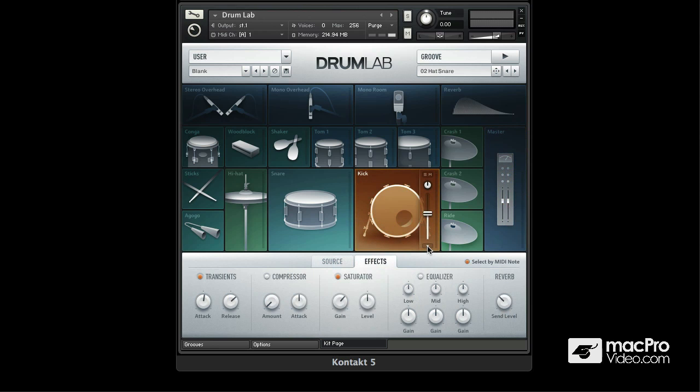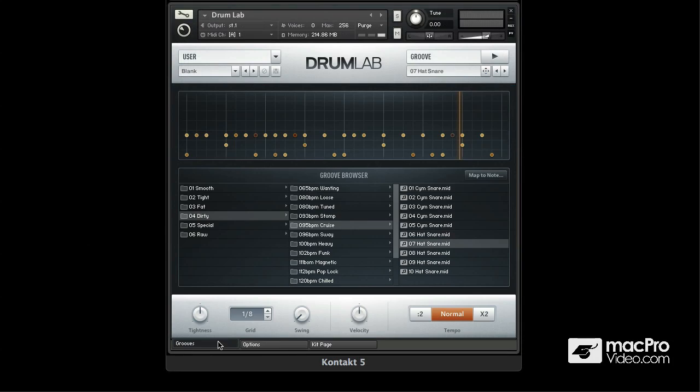Now don't forget that each kit element also has its own output as well, so depending on how you have your Kontakt mixer set up, you can route all these sounds to separate outputs and process them further with external effects if you wish. Now we also have a bunch of MIDI files available to us here, and you can